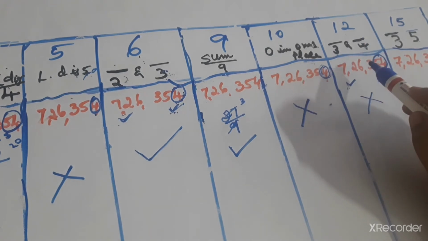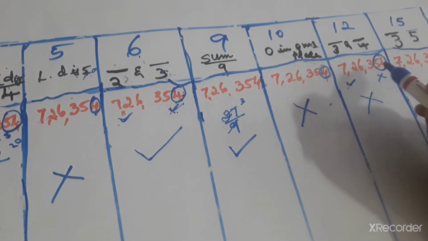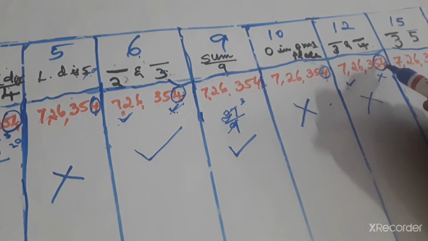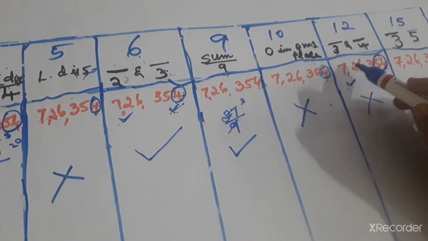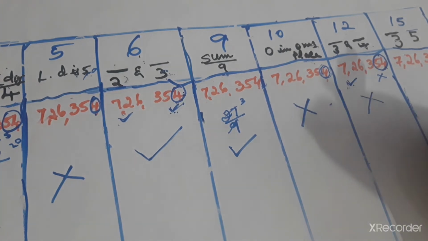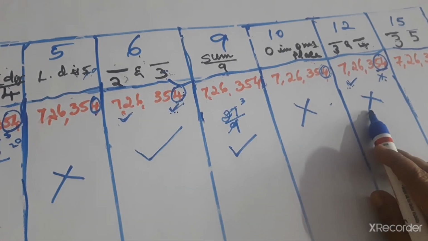12 का डिविजिबिलिटी टेस्ट करने के लिए ये 3 से भी डिवाइड होना चाहिए, 4 से भी डिवाइड होना चाहिए। 3 के हिसाब से total divided by 3. Total is 27 by 3 means it is dividing, so yes. But for 4 means last 2 digits, that is 54. 54 4 से डिवाइड नहीं होता है, so wrong. So ये 3 और 4 दोनों से डिवाइड होना ज़रूरी है, इसीलिए ये क्रॉस।